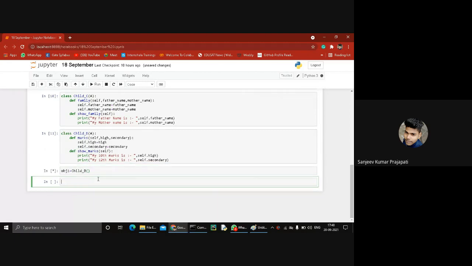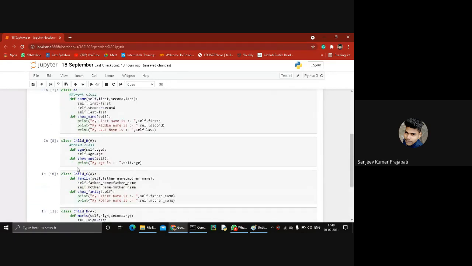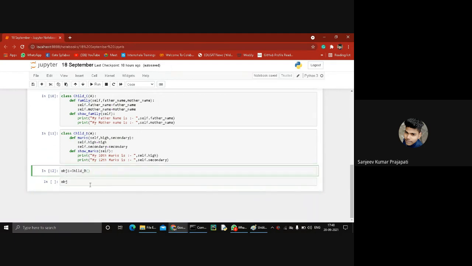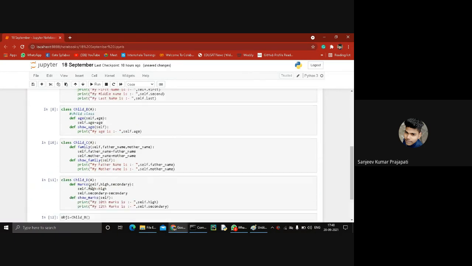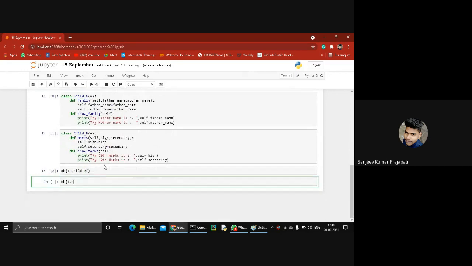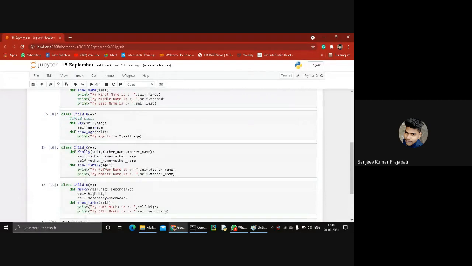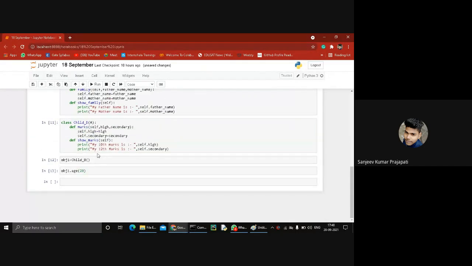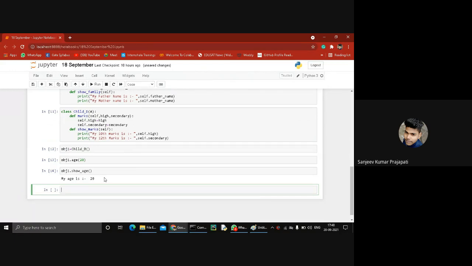So now after that, we assign a value in this function age. obj1.age is 20. So I want to show my age. The function is show age. obj1.show age, and now my age is 20.